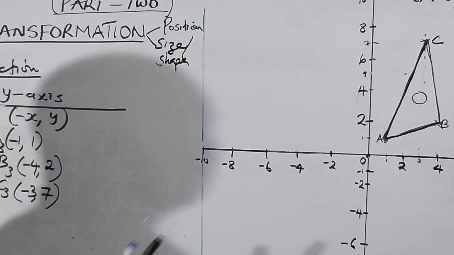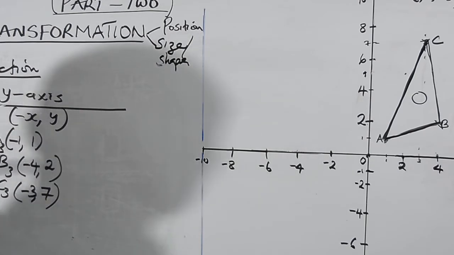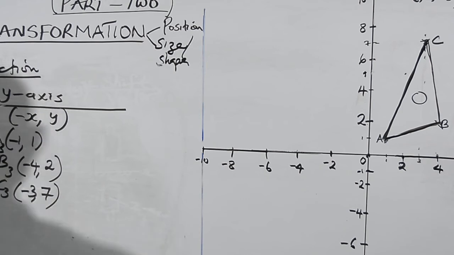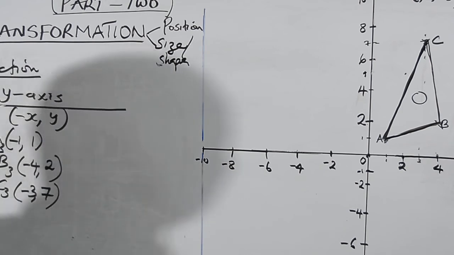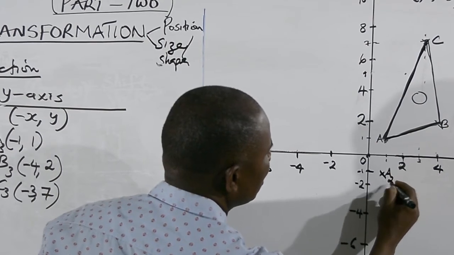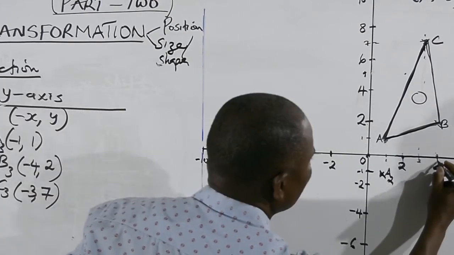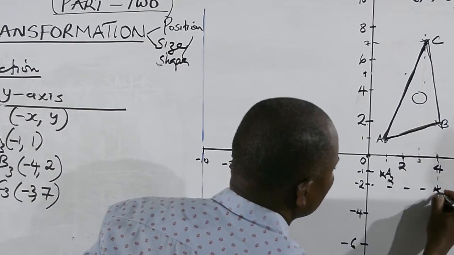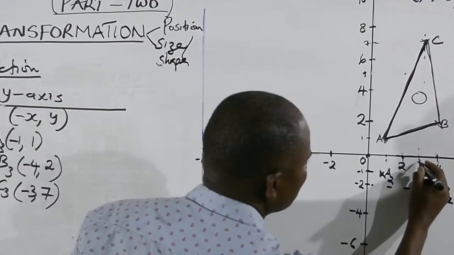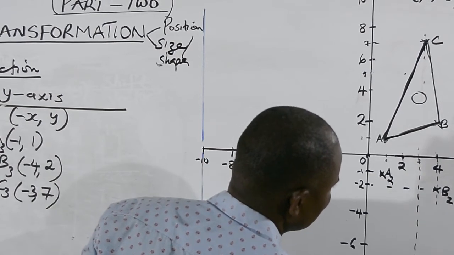This is the object position, so we want to see how it has been reflected. In this case, the mirror is on the floor, so we want to see how the object shows its image using that. So I plot it. This is 1, minus 1. So I have A1, A2 here in that case. Then I have 4, minus 2. This is B2. Now we have 3, minus 7. This is minus 7. Here, this is C2.